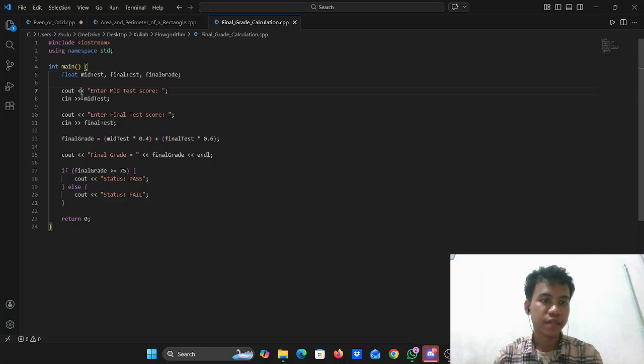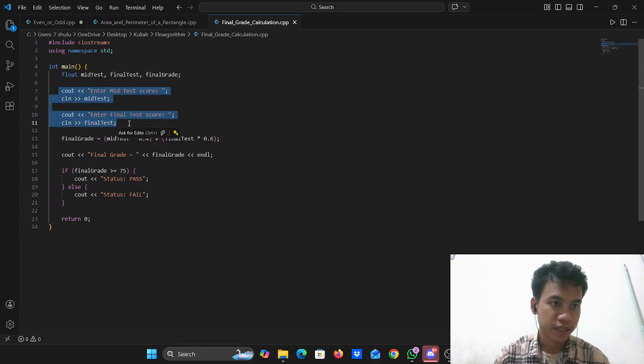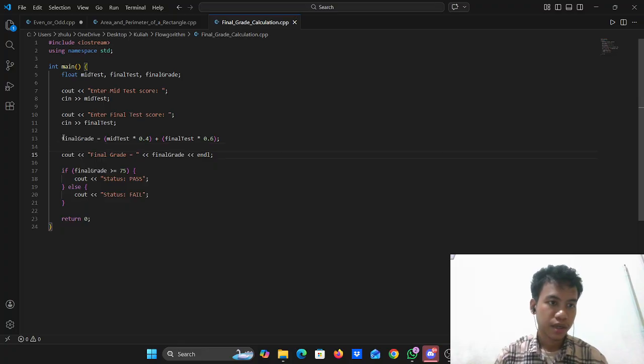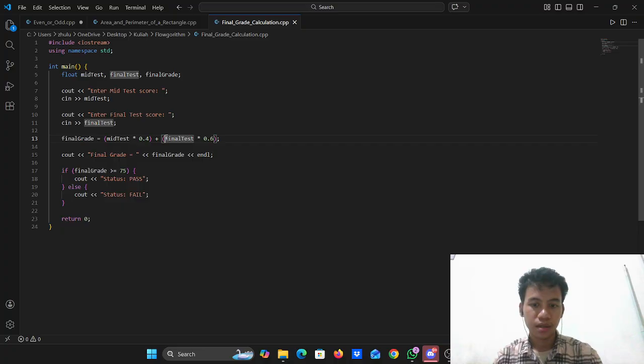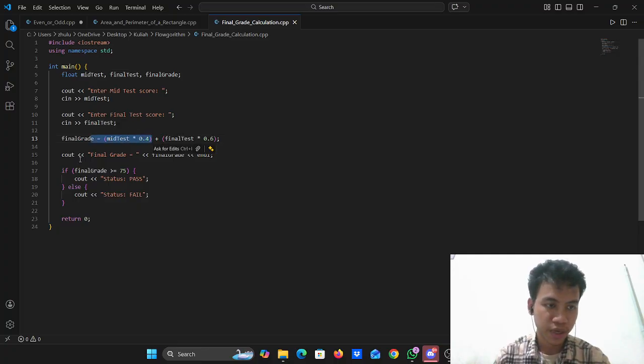And second of course we input the scores, the final test score and mid test score, and we add an assignment like before, the final grade calculation with this formula, and we make a decision using if like case 1, like this.